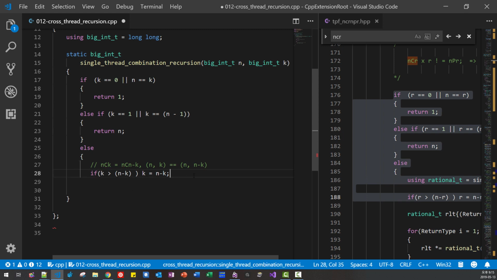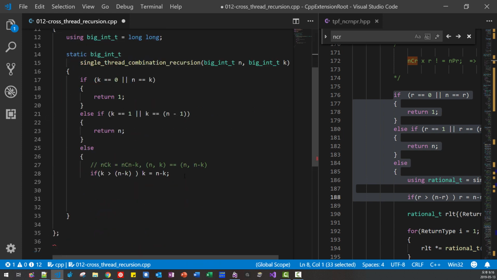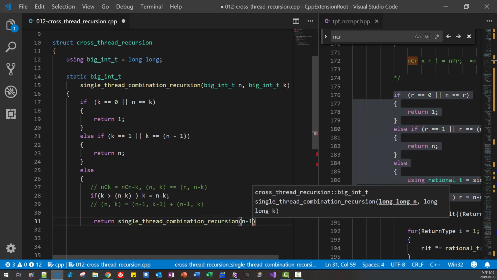Now here I will copy this formula once again. I pasted it here. So this is left hand side and right hand side. We compute like this. Return. We are calling this function again, n minus 1, k minus 1. Okay.